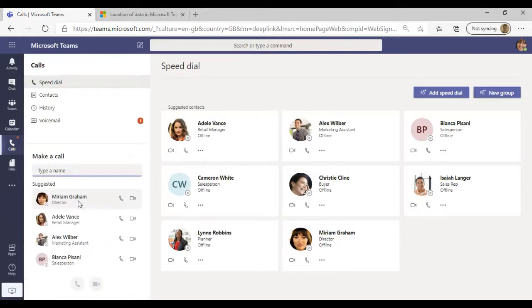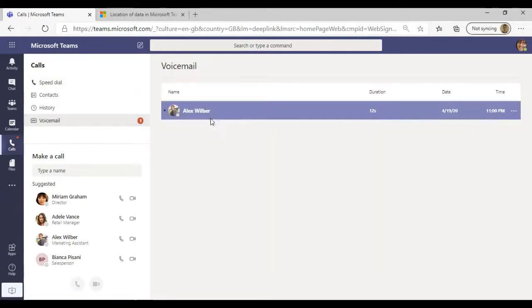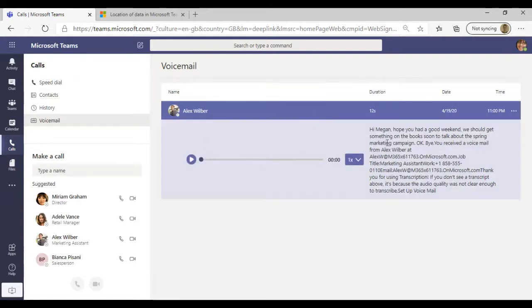Each person will have a number assigned to them through Teams, and you can call anybody directly within your own organization. Equally, you can check back through voicemail. Voicemail through Teams actually enables inline translation. Within here, it will transcribe that voicemail that has been left. If it's in another language, it will translate that for you, and you have the ability to play that message back as well. So again, really what Teams is doing is enabling you to keep up to speed with what missed calls have I had from people.